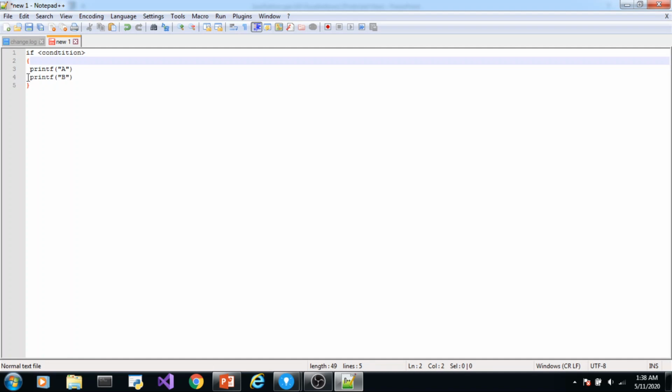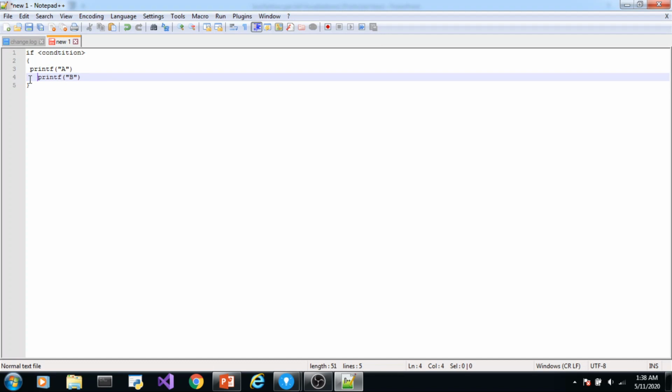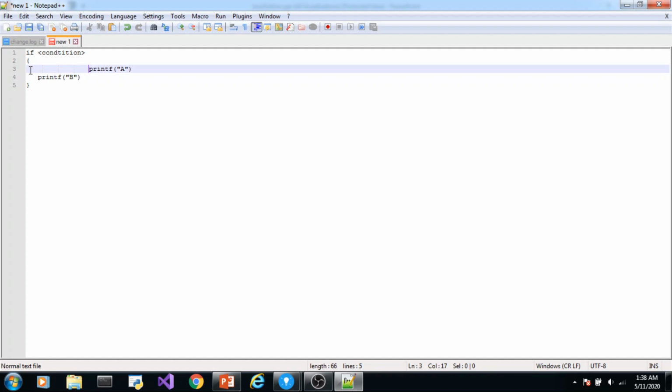Of course, these two statements can be loosely typed. I mean, they need not be indented by the same amount. For example, you can write the second print statement here, and the first statement somewhere here. As long as they are enclosed in a pair of braces, these two statements will belong to this if condition. So if this condition is met, these two statements will be executed.